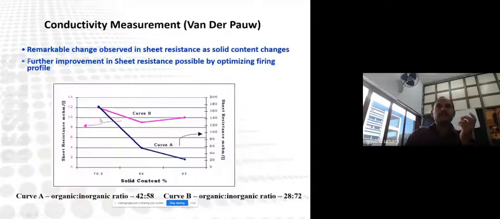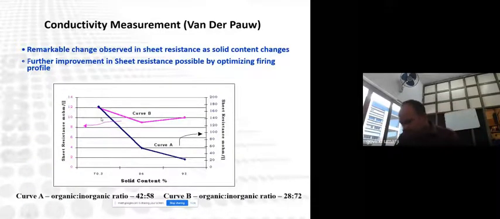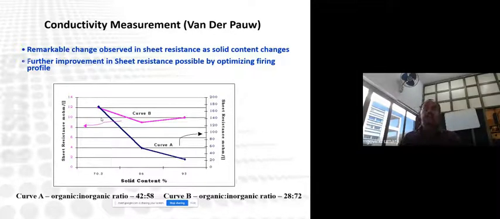Then we have measured the resistivity of the film. In that case, we have taken the Van der Pauw technique. There are various techniques to measure the resistivity or the conductivity. Linear probe measurement is also there, but the Van der Pauw technique is used in order to handle irregularly shaped samples. We can measure the conductivity or resistivity of any